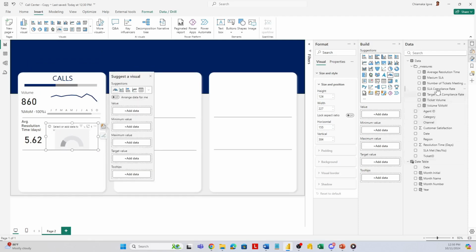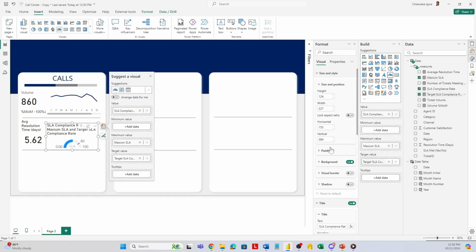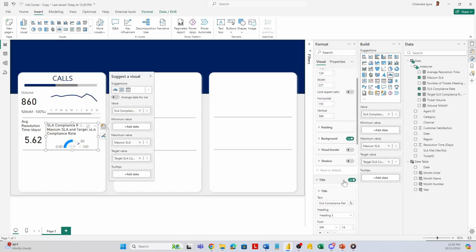So I am going to add the SLA compliance rate as the value, then add the maximum as the maximum hard coded SLA, then the target as the target hard coded SLA as well. So I'm going to turn off the title,